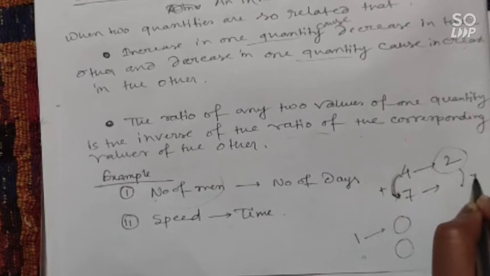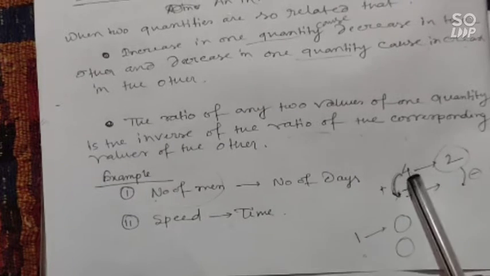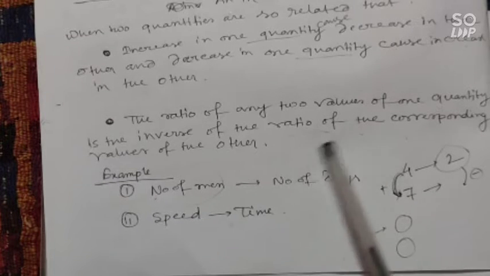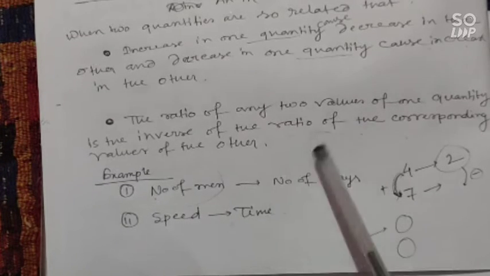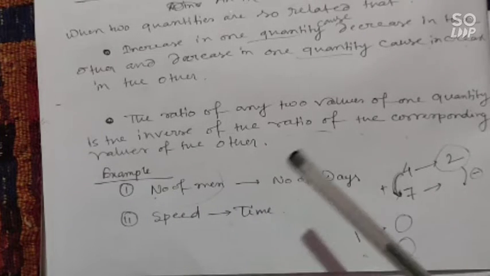তাহলে আমরা এখানে দেখতে পাচ্ছি কি হবে, এখানে আমরা দেখতে পাচ্ছি যে নাম্বার অফ পার্সন ইনক্রিজ করলে নাম্বার অফ ডেজটা, নাম্বার অফ টাইমটা ডিক্রিজ করছে। So when the number of persons increases, then the number of time or quantity of time and number of days decrease. So this will be in inverse variation.